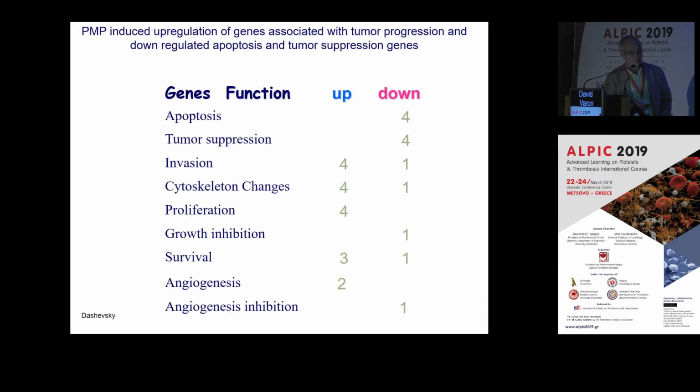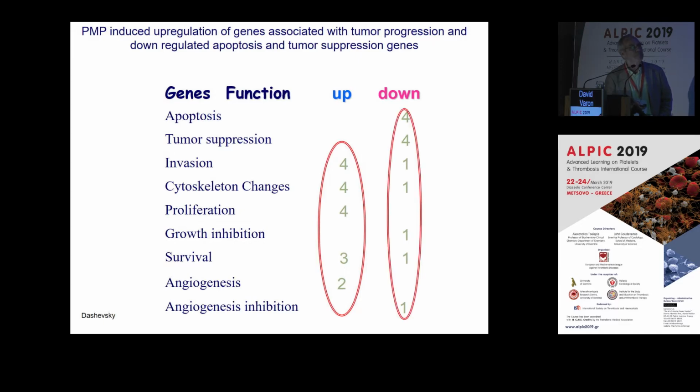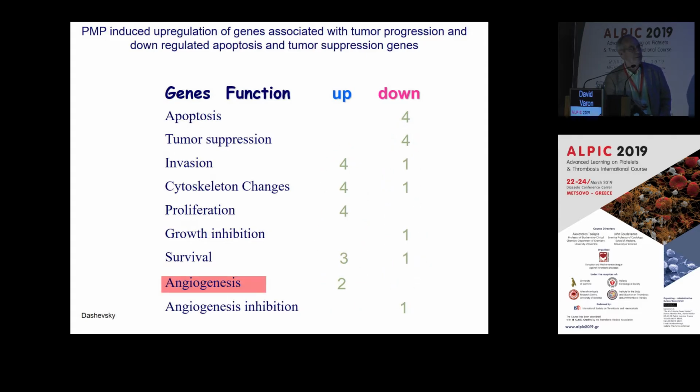And we looked for the potential players that play a role in this. We saw a number of changes in a gene array evaluation. Some of the cytokines were upregulated, and some of them were downregulated by exposing the tumor cells to the microparticles. The bottom line was that the platelet microparticles induced a more aggressive type of cancer